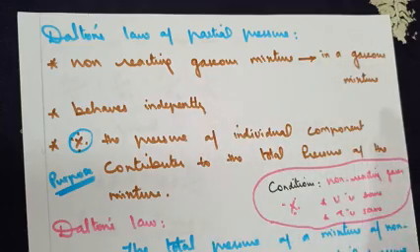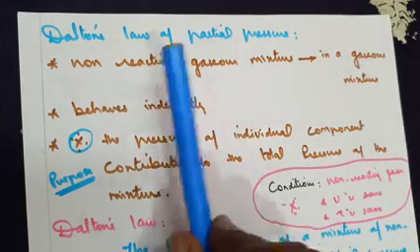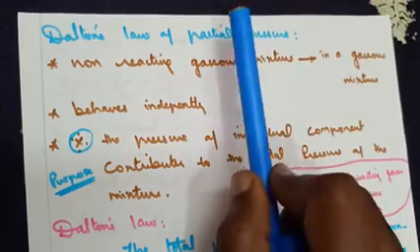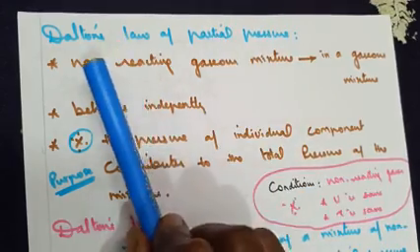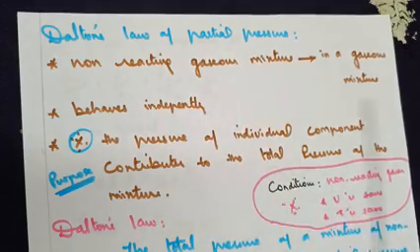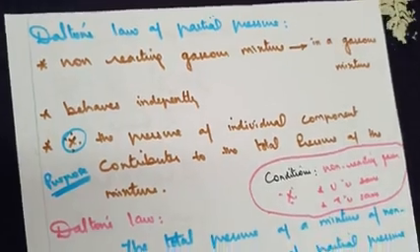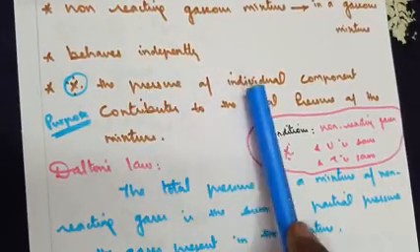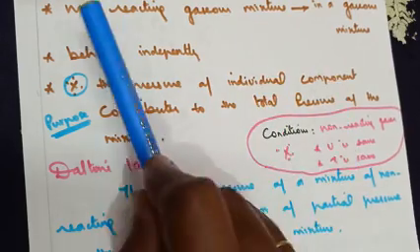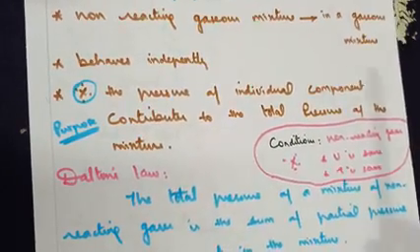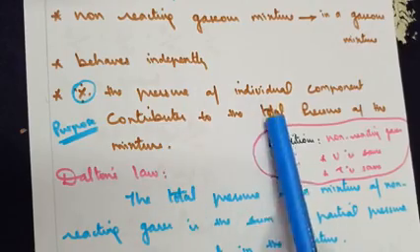Not all of them participate in the reaction. Some of them do not participate. So this concept is based on non-reacting gaseous mixtures. And since they do not react, they behave independently. In short, the presence of each individual component, that is the non-reacting gases, contributes to the total pressure